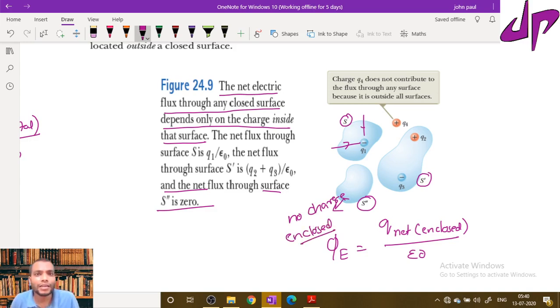So these are the conditions to satisfy in order to apply Gauss's law. In the next concept we will apply Gauss's law in detail to different charged surfaces, so we can easily calculate the net flux. Once we calculate the net flux, we can easily relate it to the amount of charge present. Once we find the amount of charge, we can easily find the electric field and the force. So this is the importance of Gauss's law.